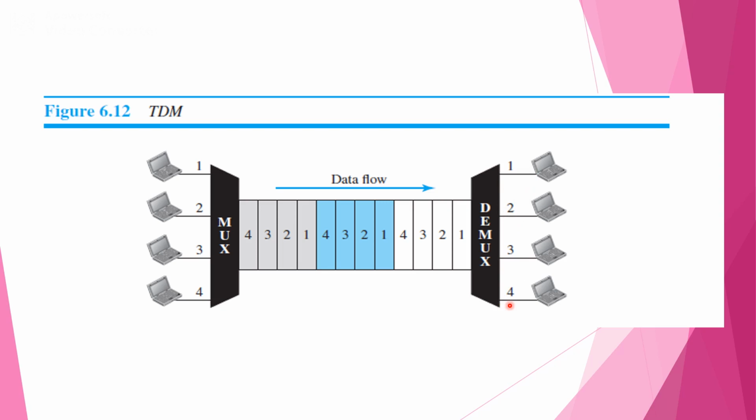So the direction of data flow is like this, from the sender node to the receiver node, and we can clearly observe that different slots are assigned within the link in order to share the information, like 1, 2, 3, 4 and so on. The portions of the signals 1, 2, 3, 4 can occupy the link sequentially, once again 1, 2, 3, 4, and so on.